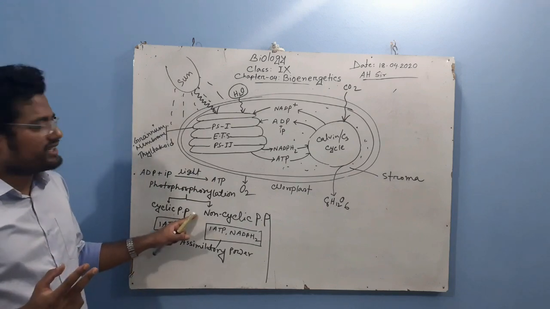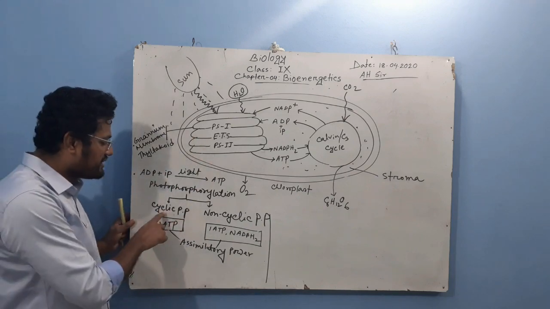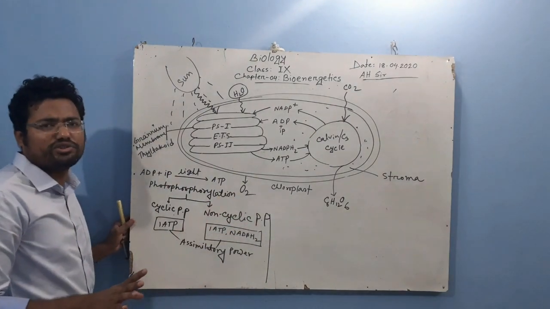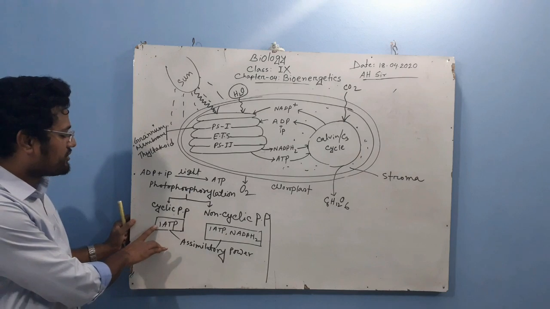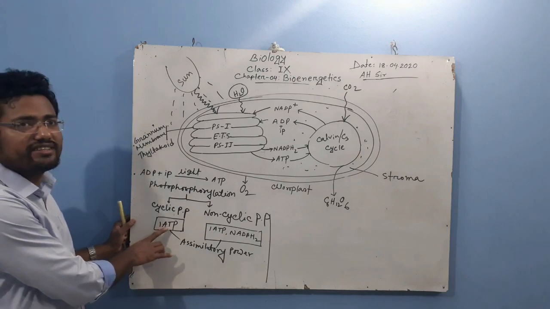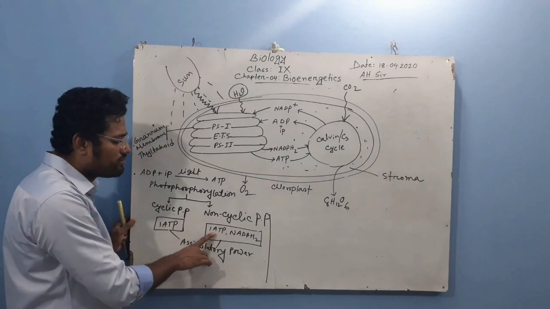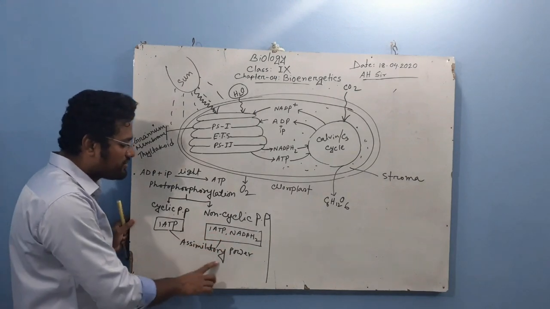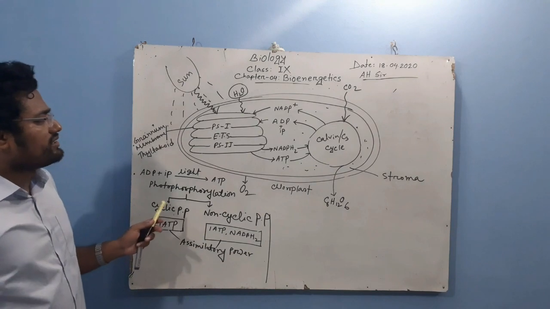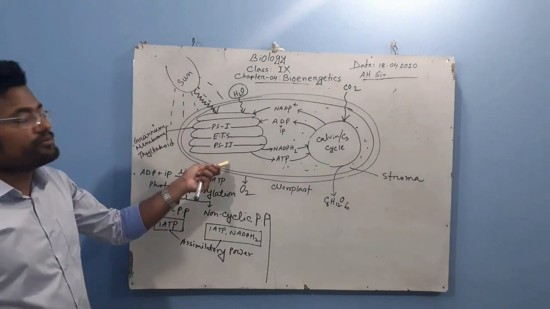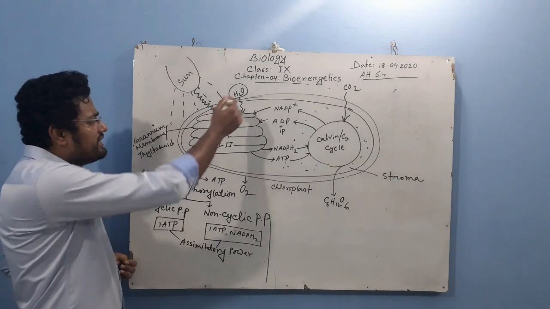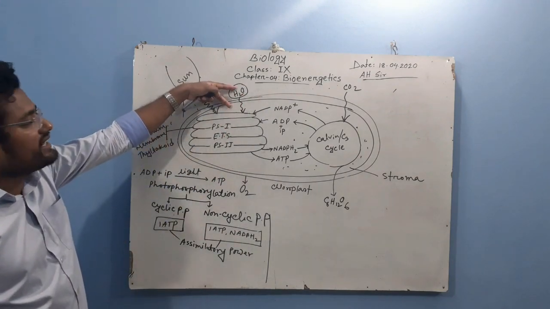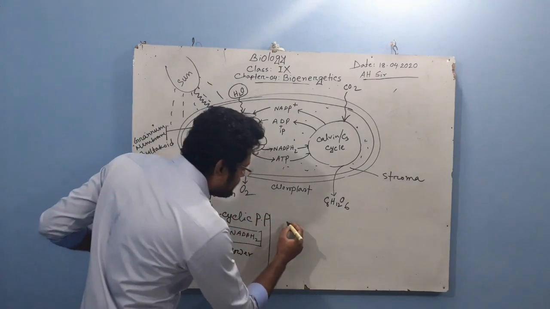Two types of photophosphorylation are carried out in the granum membrane: cyclic photophosphorylation and non-cyclic photophosphorylation. In cyclic photophosphorylation, one molecule of ATP is produced. In non-cyclic, one molecule of ATP and NADPH2 are produced. ATP and NADPH2 are called assimilatory power. So in the light phase assimilatory power is produced, and in the light phase one of the most important chemical reactions is carried out, which is called photolysis.